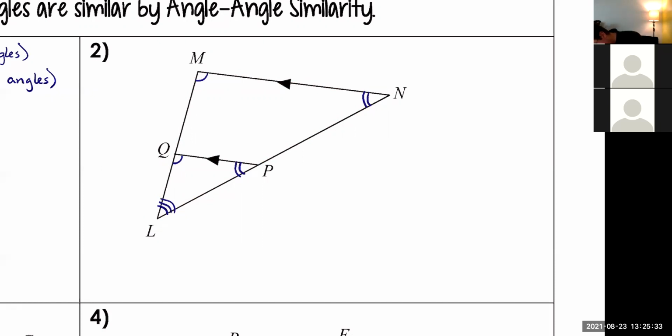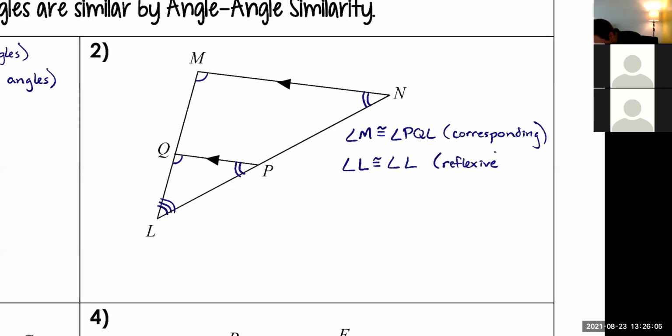So I would say angle M is congruent to angle PQL because they're corresponding. And then your choice, you can do N and QPL. I'm going to take the easy way out and say angle L is congruent to angle L, and that's thanks to that reflexive property. Regardless, we proved all 3 angles are congruent. We just needed 2 to say that yes,